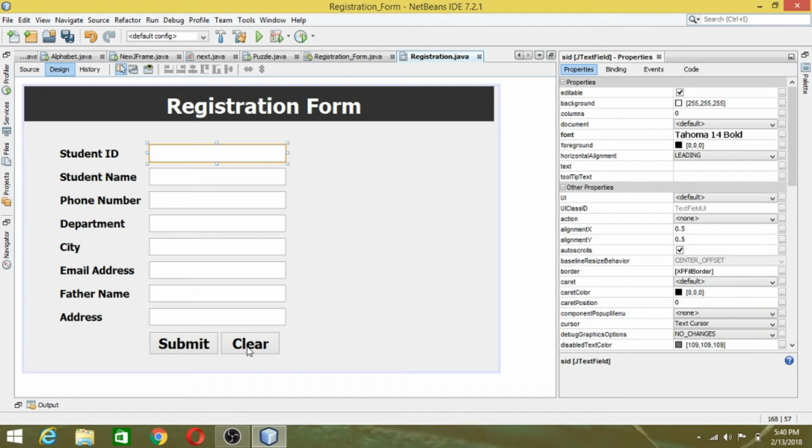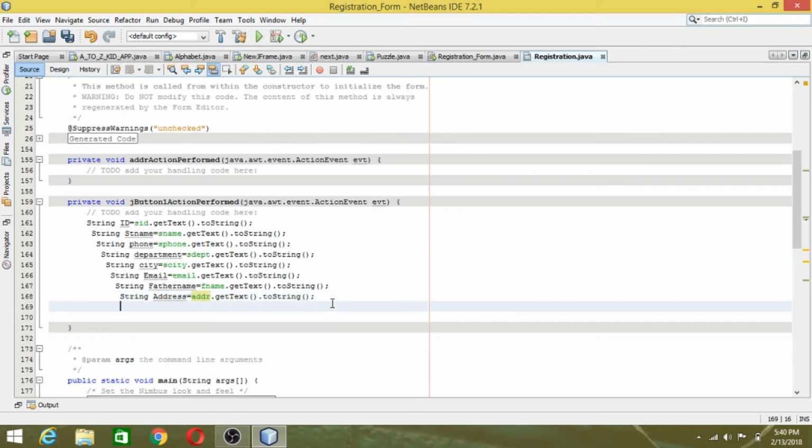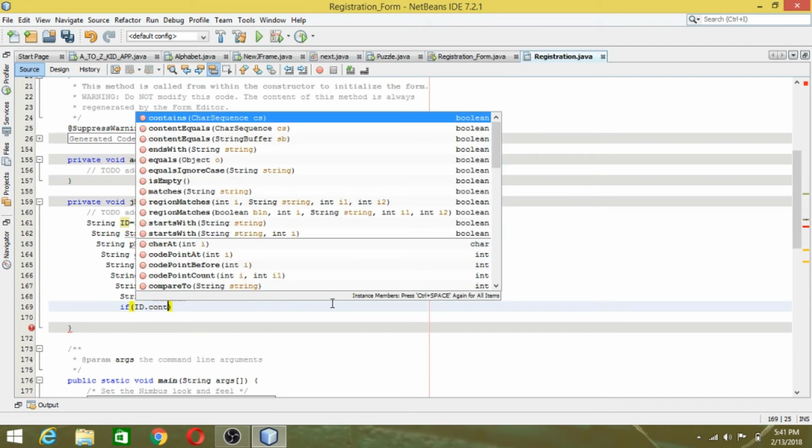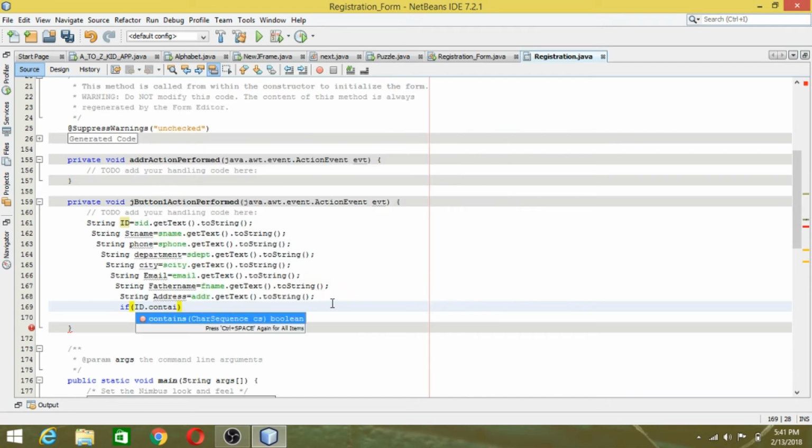Without student ID we won't go further, right? For that, if condition, id dot contains, it's better to use equals, right? If id dot